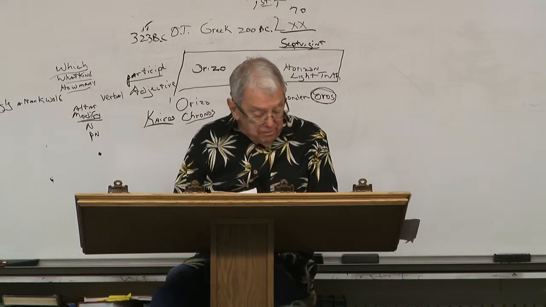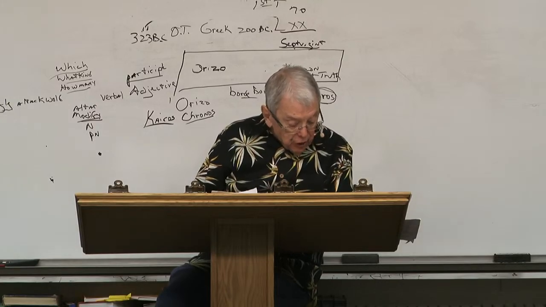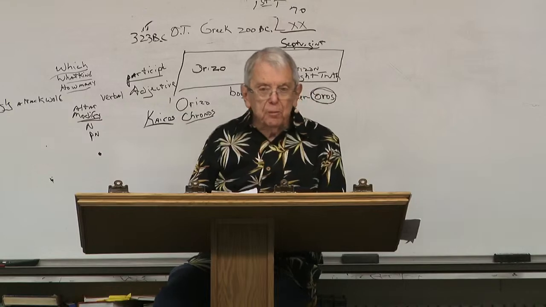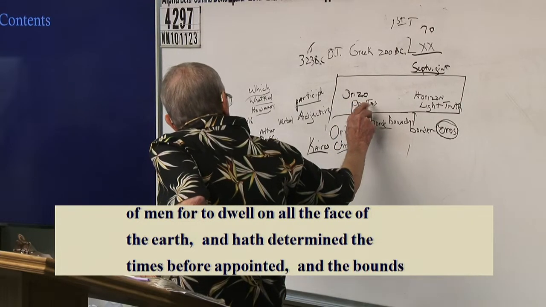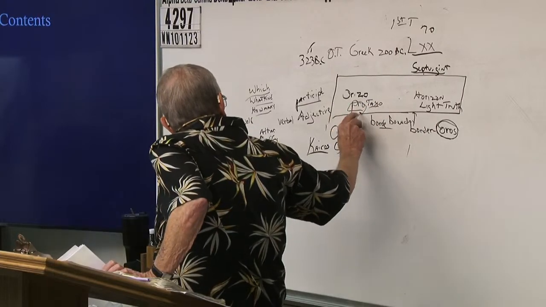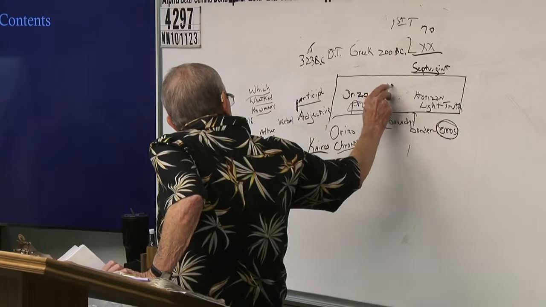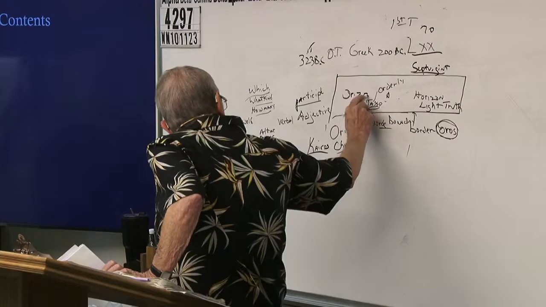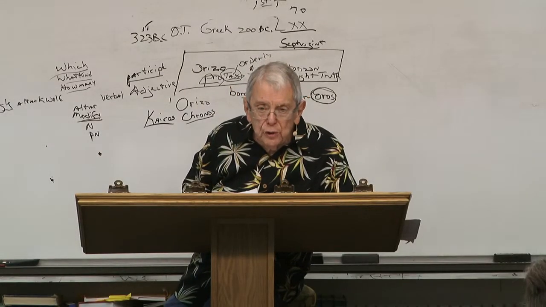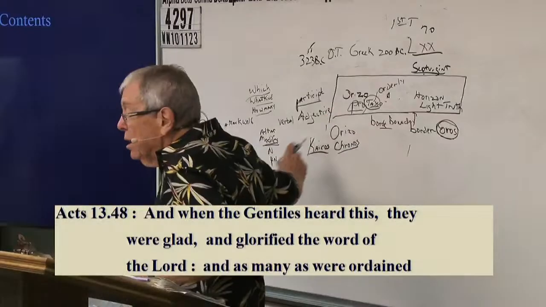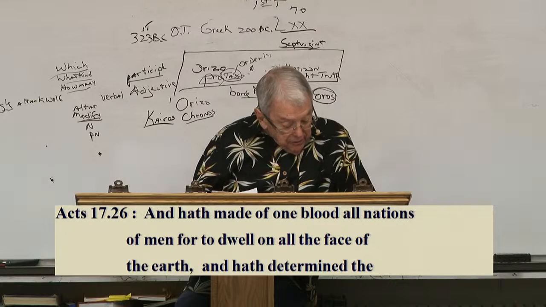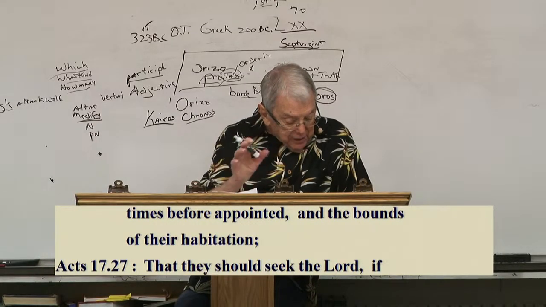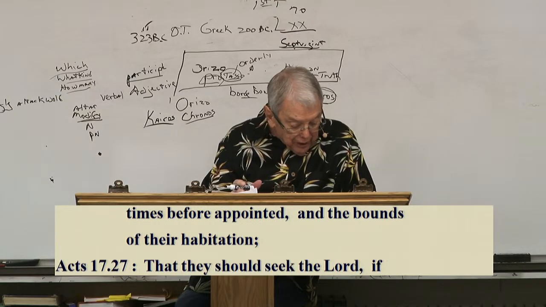And then he says, he hath determined the timing of everything, which was before appointed. That word appointed is the word protasso. Pro means before. Tasso means an orderly arrangement. Tasso is the word used in Acts 13:48: "As many as were ordained to eternal life believed." That word ordained is tasso. Let's finish this verse. The timing was before appointed, he has determined the timing of everything, and it was an arrangement, protasso, and